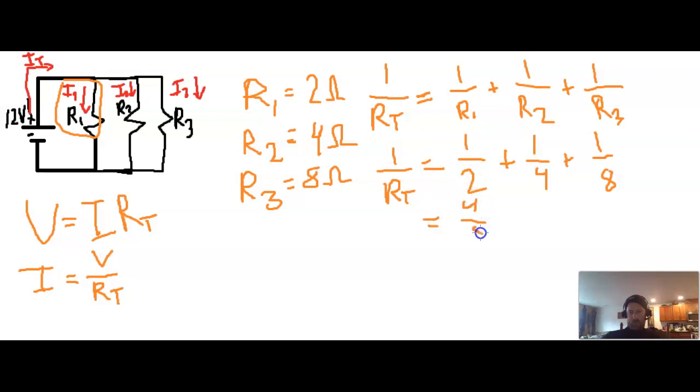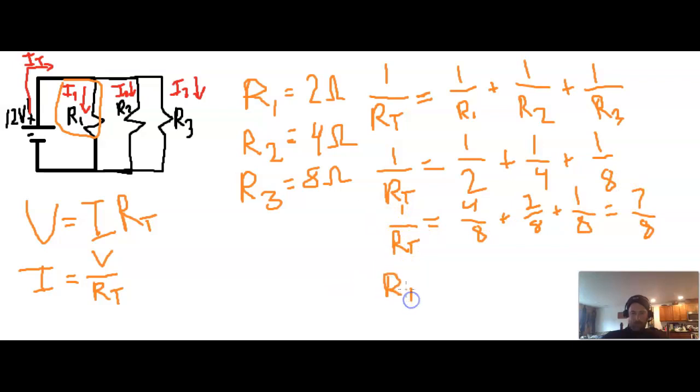1/2 is the same as 4/8. 1/4 is the same as 2/8. And then 1/8 will just stay the same. So 1 divided by our total is going to be equal to 7/8. And then the last step, we just say if 1 divided by our total is equal to 7/8, then our total